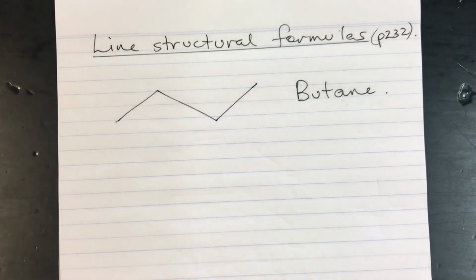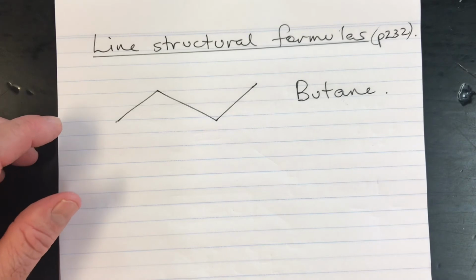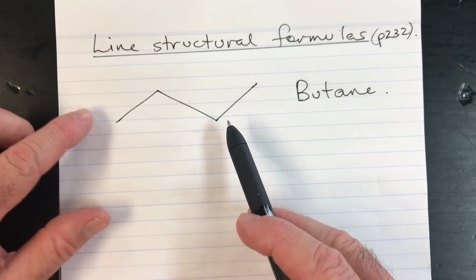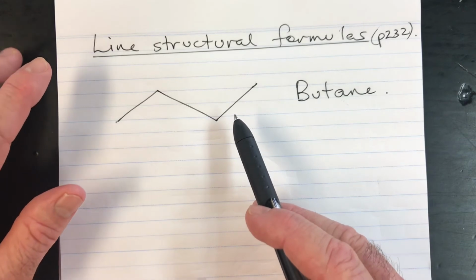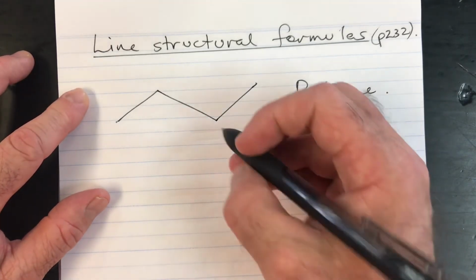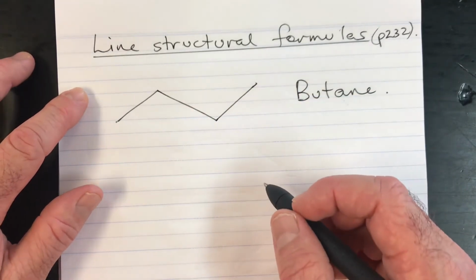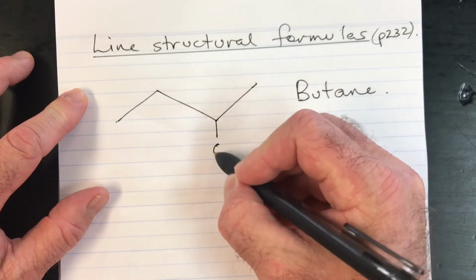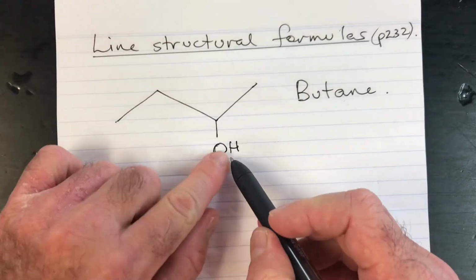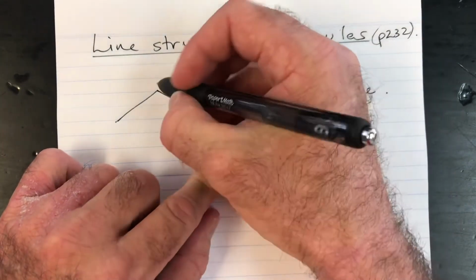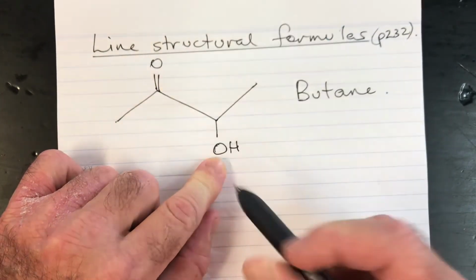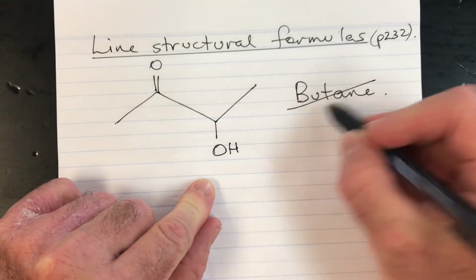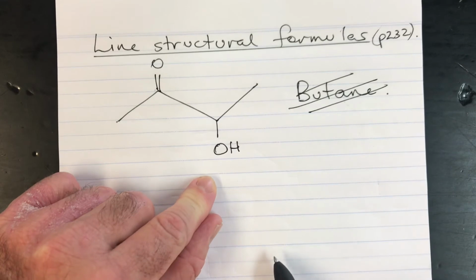And so the carbons are not written in the representation, but as I said, they are at the corners and ends. Hydrogens are not written in, except in the case of any functional groups. For example, you might have a hydroxyl functional group there, or you might have a carbonyl group there. There you go, it's no longer butane. Sorry, I stuffed it right up there, but